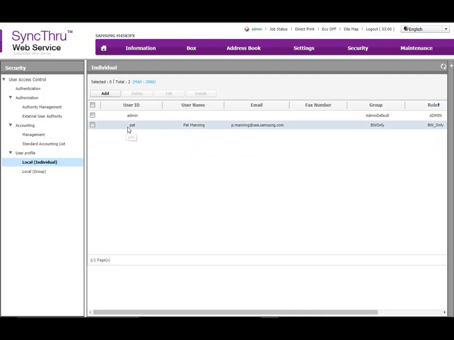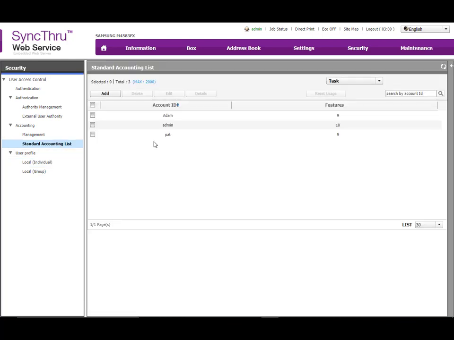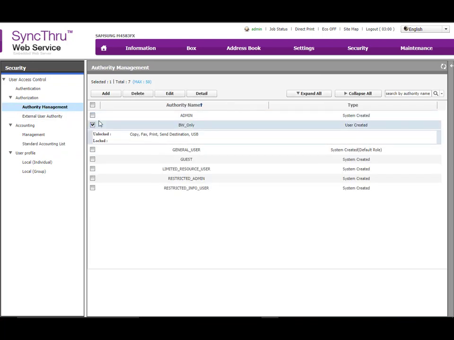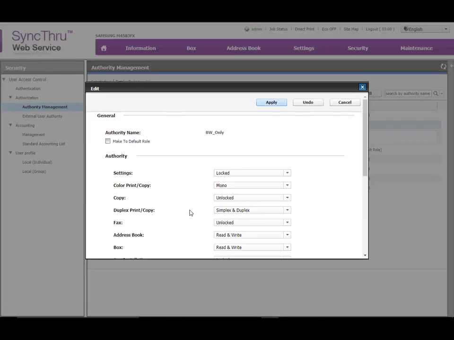Just as a quick recap, we created a user, linked that user to a budget under Accounting, and limited that user's access by putting them into a group that was restricted by their authority profile. Though that may seem complex, the actual mouse clicks and information entered is quite logical as long as we remember to configure from top to bottom. The only other concept that we have to remember is whether we're going to use a group budget or an individual budget. I hope this helps you configure Standard Accounting and helps put some clarity as to what you're trying to